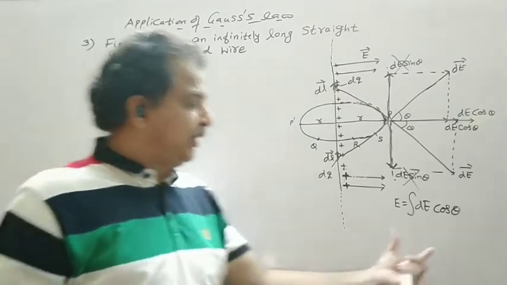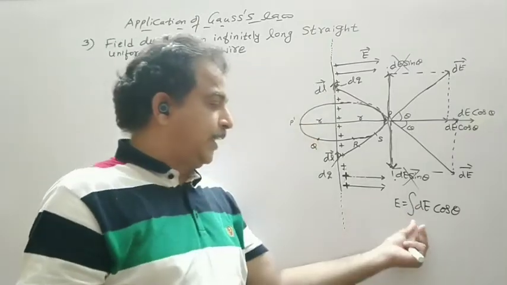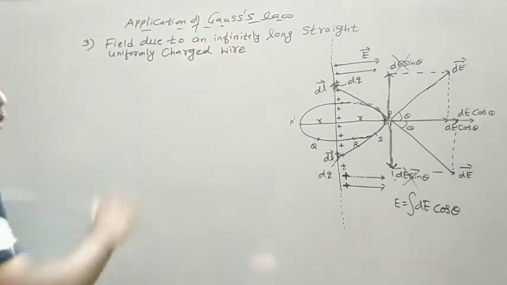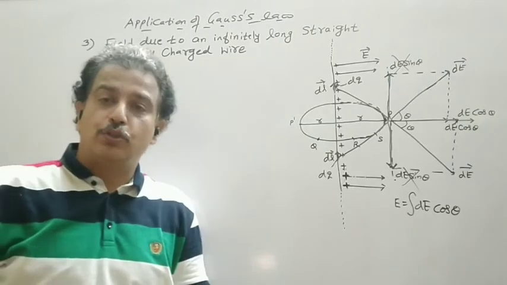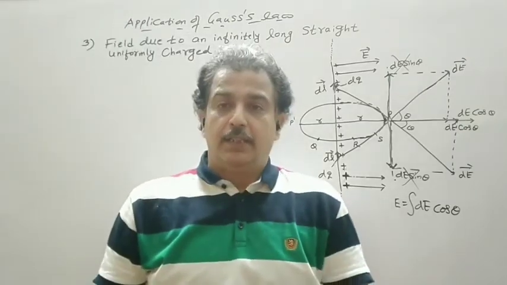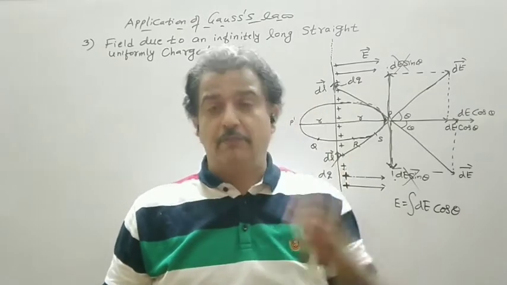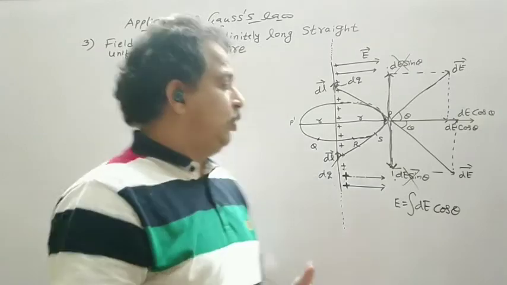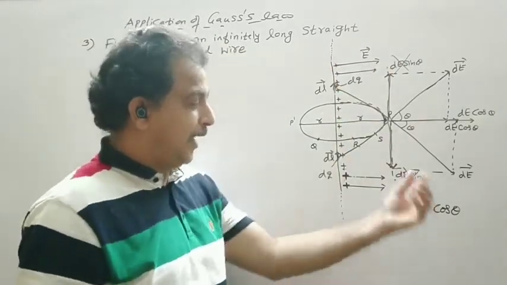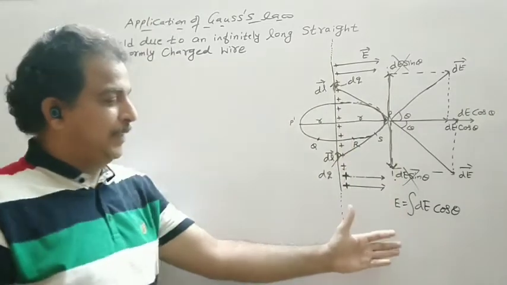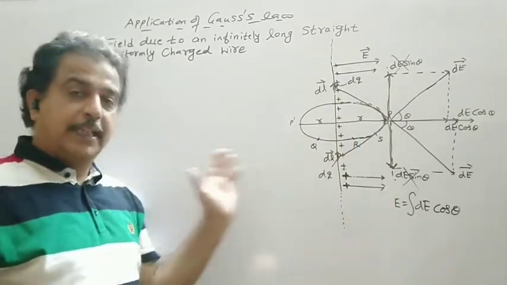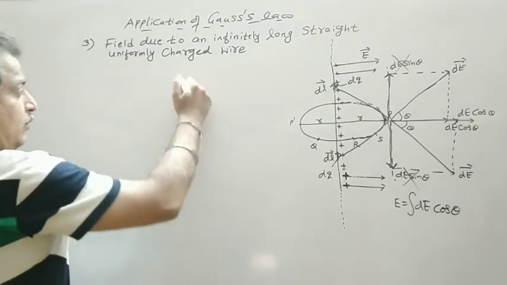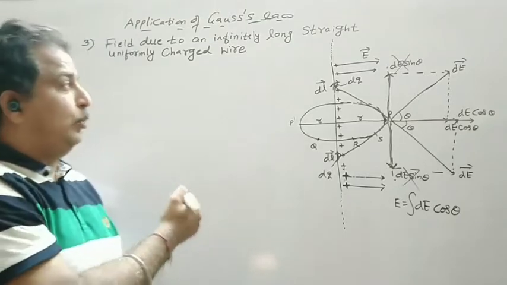And now instead of doing this mathematical part, doing the integration, putting the limit, we will use the Gauss law to find out the electric field intensity, because Gauss law is very easy if the situation has some symmetry. So here we will find out a symmetrical situation and apply Gauss law. We will do this method also in the exercise, but it is a very long method. You will be able to find out the same answer as we will do with Gauss. So again, we come to our proper theory. You have to apply the Gauss law.